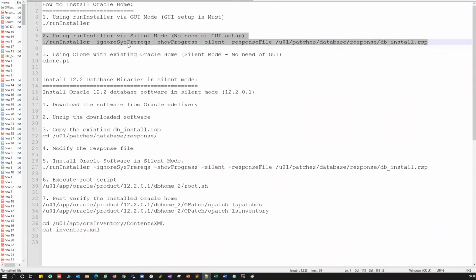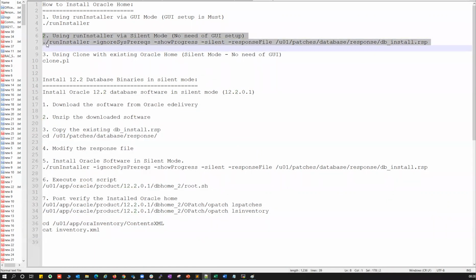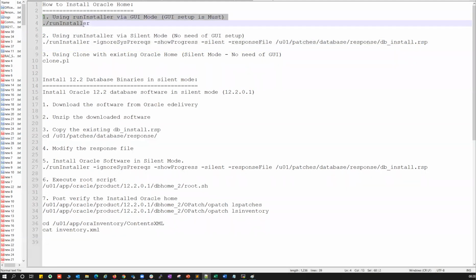That's pretty simple, and it will be used mostly in the banking and finance sector, where GUI mode is not set up. They will not allow GUI mode because of security concerns and risks. That's pretty much what I wanted to cover, and I can also show you a demo of GUI mode with runInstaller.